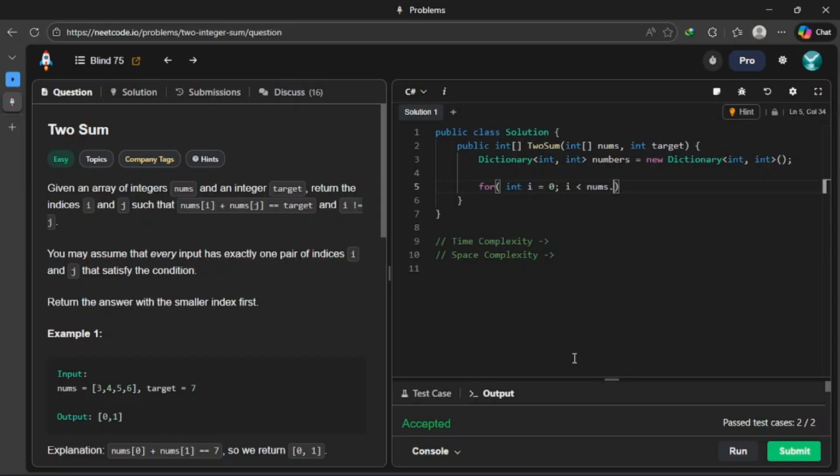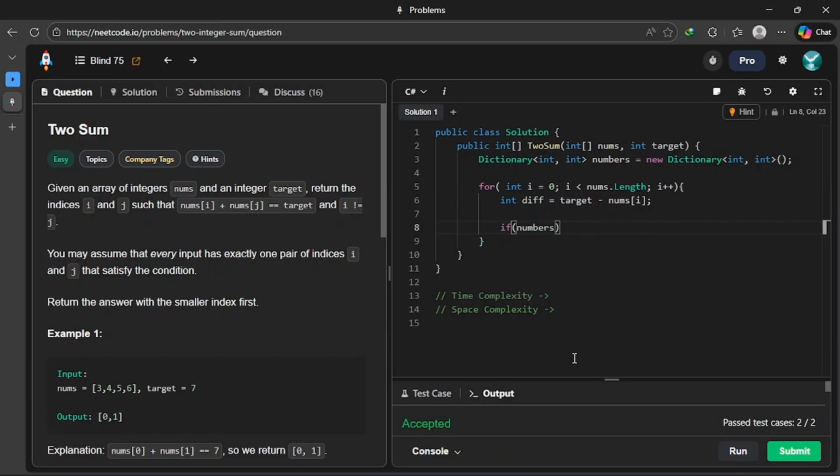As said earlier, we compute the difference, and that's what we're going to be checking: target minus this, right? And that's all we're going to be checking. If numbers contains the difference, what we do is we basically return